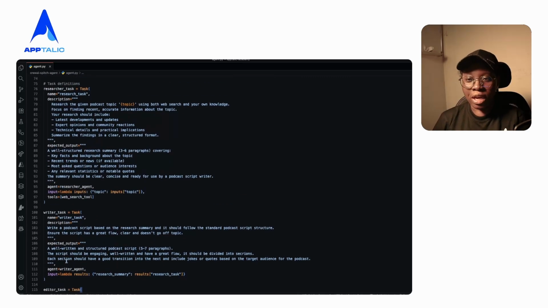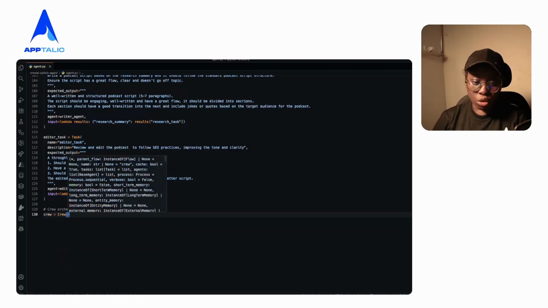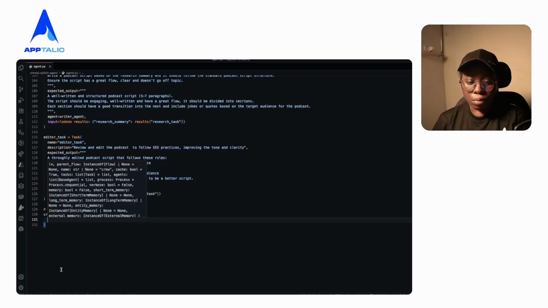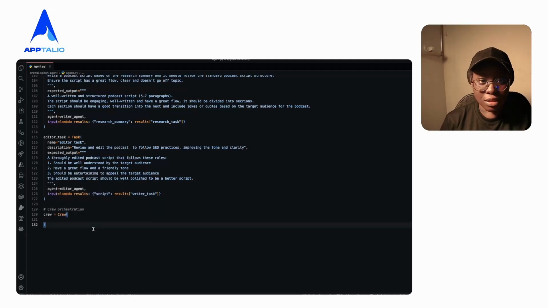So now that we have defined this, the last thing that we would do in this video would be the Crew orchestration. In this Crew orchestration, I would use the Crew class gotten from Crew AI, and I'll be passing things like the agents, the tags, the process, that's how I want the agents to interact with each other, and lastly, the verbosity of